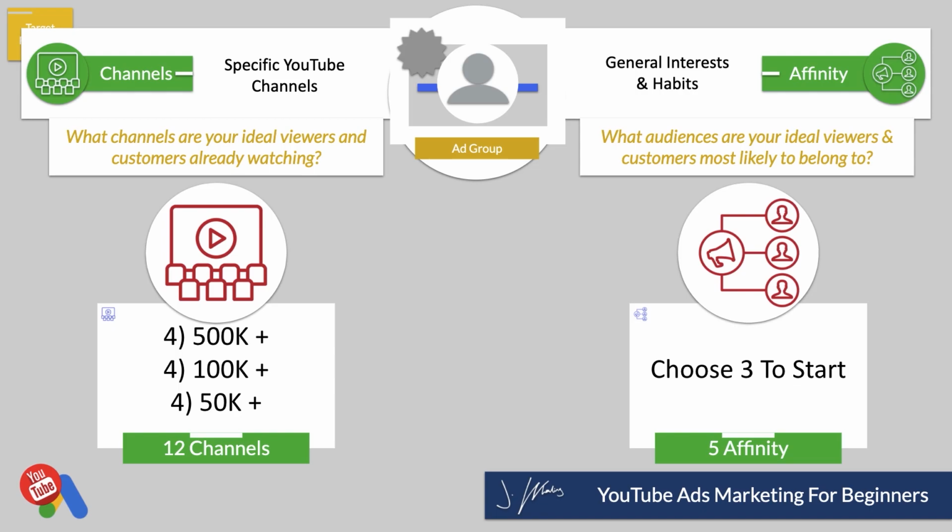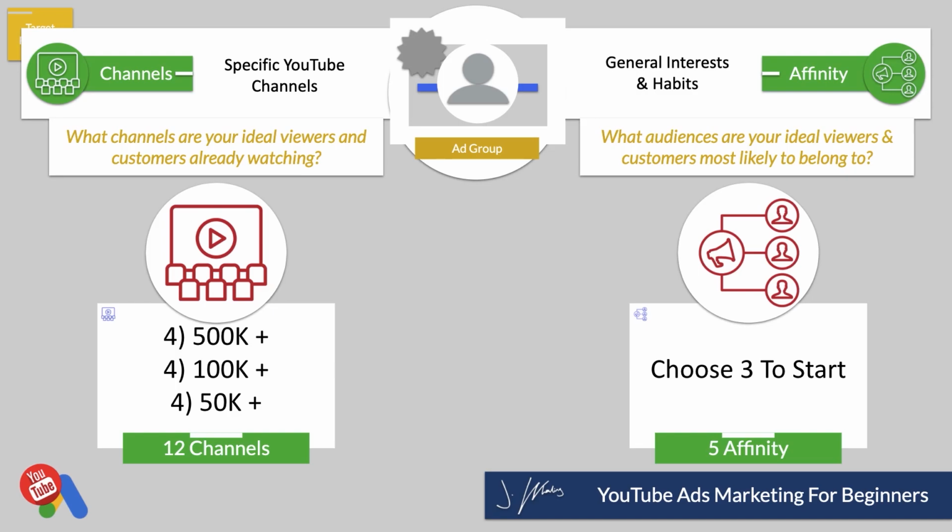building business awareness. So for YouTube channels, you're going to want a total of 12: 4 that are over 500,000 subscribers, then 4 that are between 100,000 and 500,000. Don't do 5,000. You're not going to get any views or impressions there. And then 4 channels that are very, very similar to your channel or are very, very targeted towards your ideal customer or ideal viewer. And these are going to be a long shot because as you go down the list, it's going to be harder and harder to get your videos to show up. Although I'm getting ahead of myself, we'll cover that in one of the later steps.